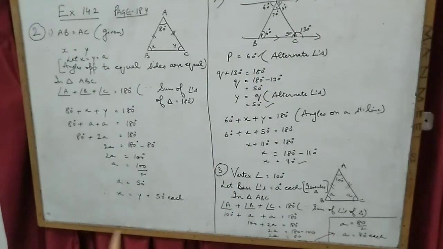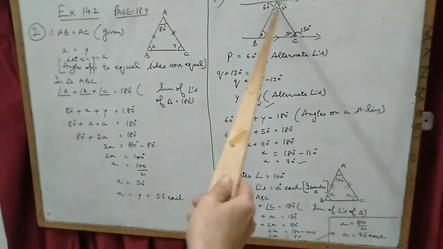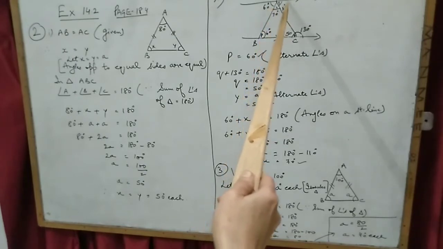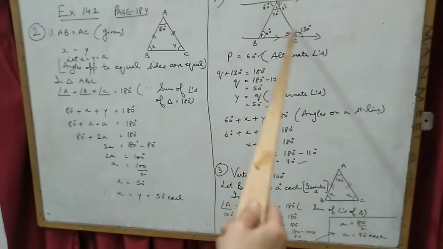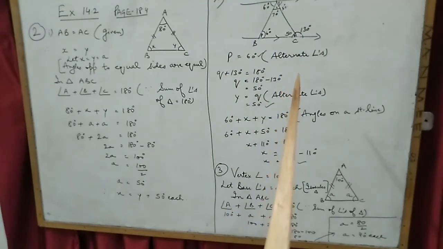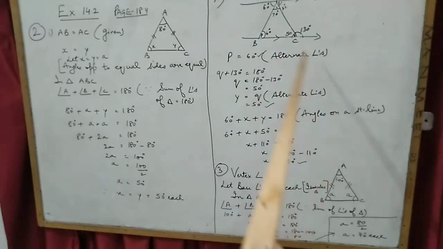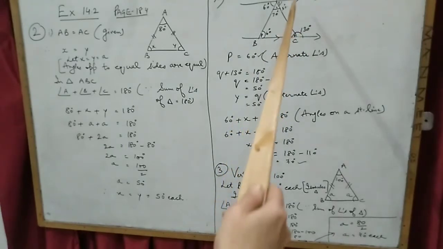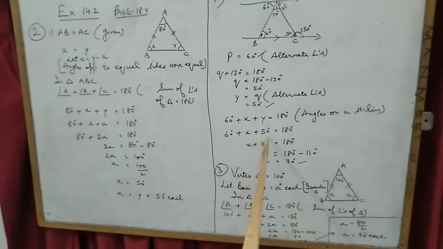Now children, see I have two angles, 60 and Y. What is missing? X. But I know these three angles are on a straight line. Angles on a straight line means the sum should be equal to 180 degrees. So children, 60 plus x plus y. I put the value of y as 50, x is not given, so equals 180. So 60 plus 50 is 110, and this is added over here, when it goes to the other side it will be subtracted.